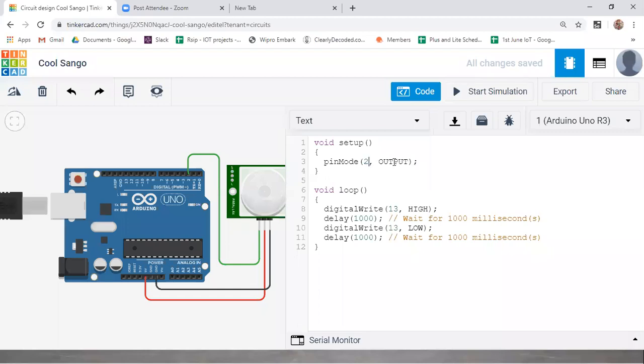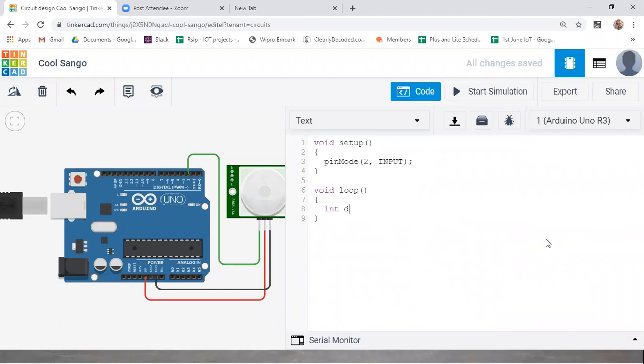So second pin, and this is the input. Digital read. Serial print data.